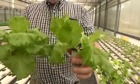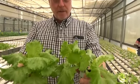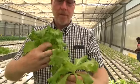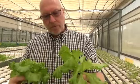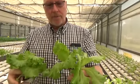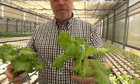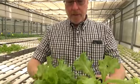So we can see we have less quantity of leaves, the color is lighter, and the leaves are thinner, and that's going to contribute to a reduction in quality from the part of the consumer and also a reduction in shelf life. Now, given that both these plants are the same age,